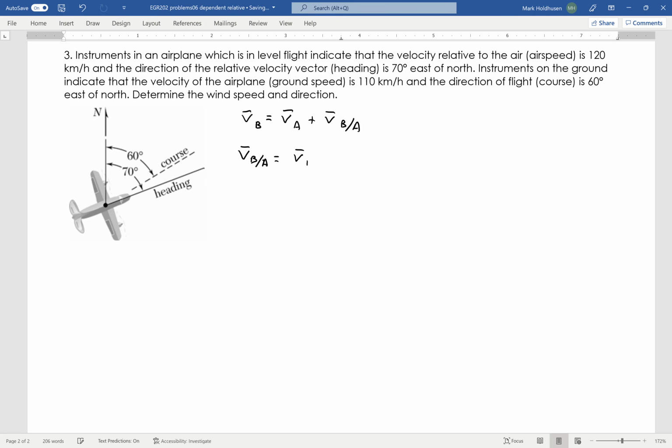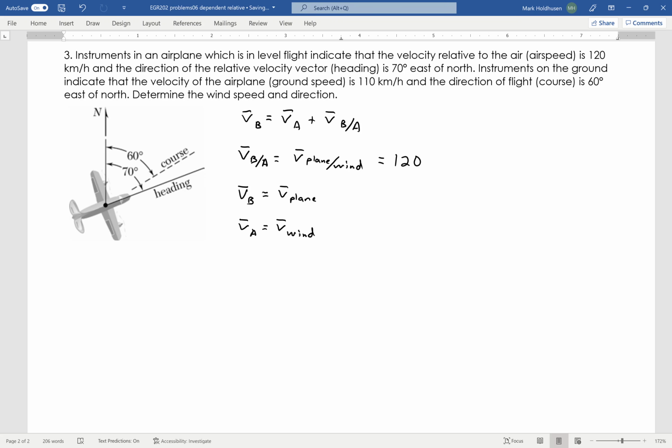So this is the velocity of the plane relative to the wind. That means that the velocity of B is the velocity of the plane, and the velocity of A then is the velocity of the wind. Essentially, the velocity of the plane is the velocity of the wind plus the velocity of the plane relative to the wind. The velocity of the plane relative to the wind is what the people in the plane are seeing. So in the plane, it looks like you're flying at 120